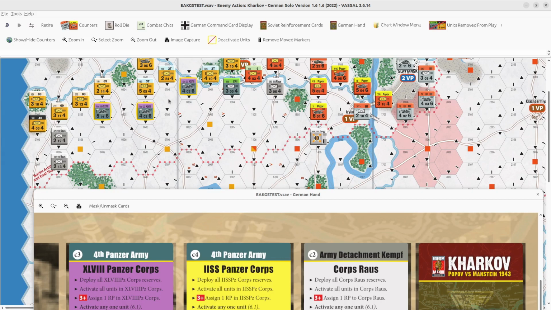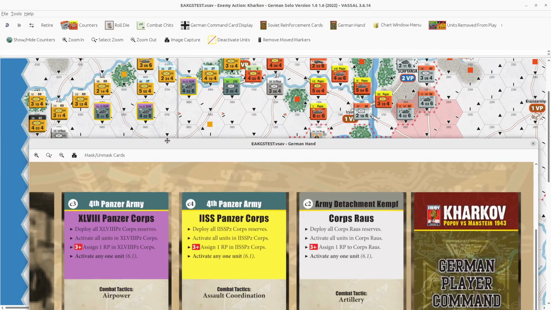The 3 units have gone yellow, have a yellow border, so this indicates that they're activated. There is the deactivate button, of course, here, and then when the activation is done for each unit, you can do that. So that is going to be our card. And now we have another thing in the context menu, which is the play card. So this card goes to the German card display,